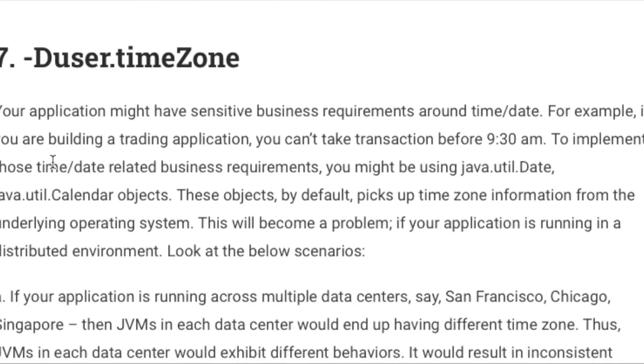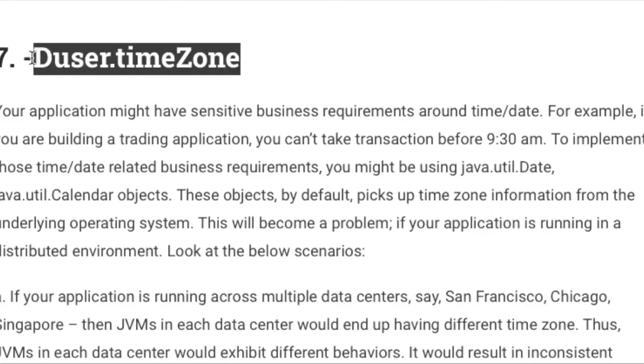Coming to the next and the last one, which is the time zone. Why is time zone something in garbage collection? It's a question, right? So basically, let's see. Right now I am designing an application for a location, but my application is getting used worldwide, and now I have deployed this application on a server at a different location. The time zone of that location is different and the time zone of my location is different, but I need a global time, a common timing clock between those two applications.